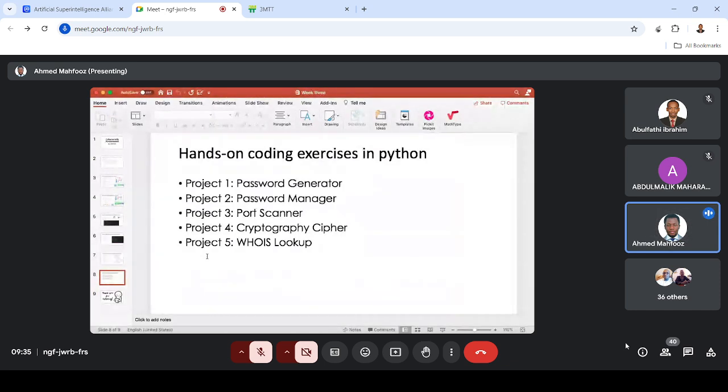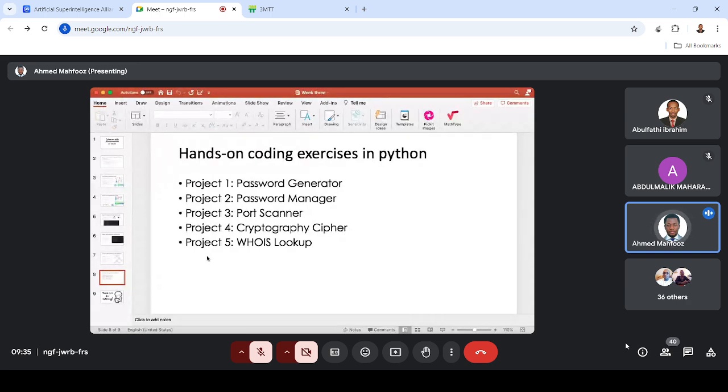I would like each and every one of us to have hands-on experience in Python. Then you write a code. You can choose any one of these 5 projects. You either write a script that will do a password generator for your staff in the organization. Number 2,